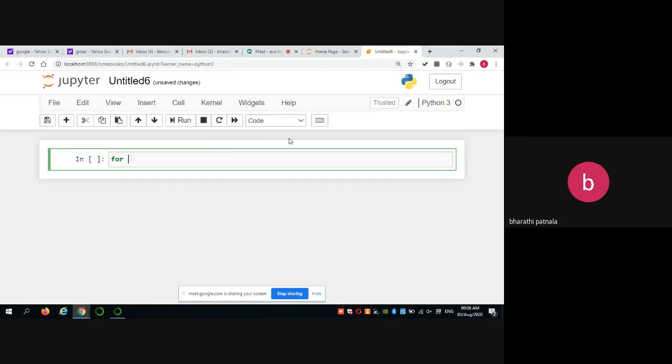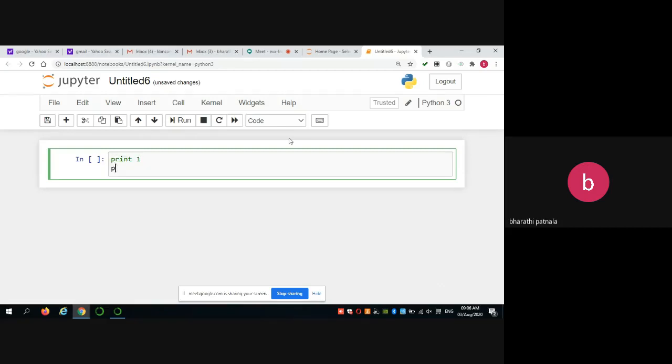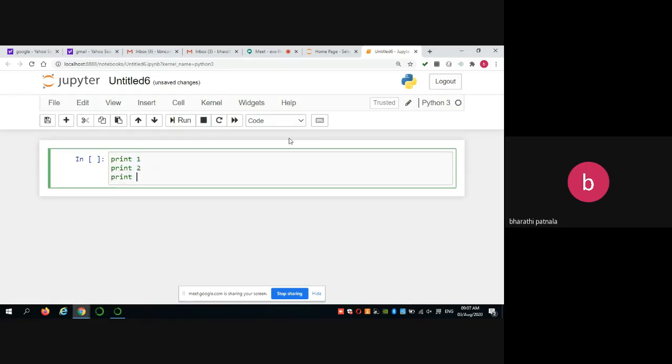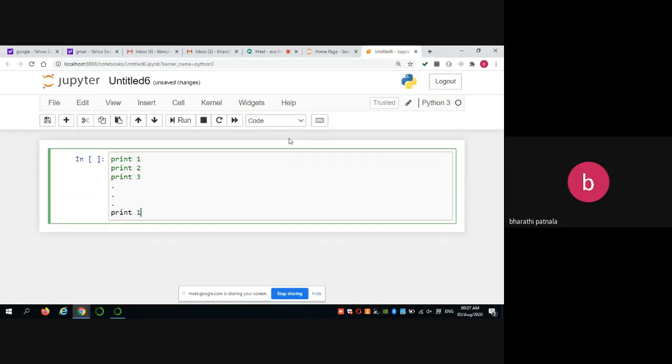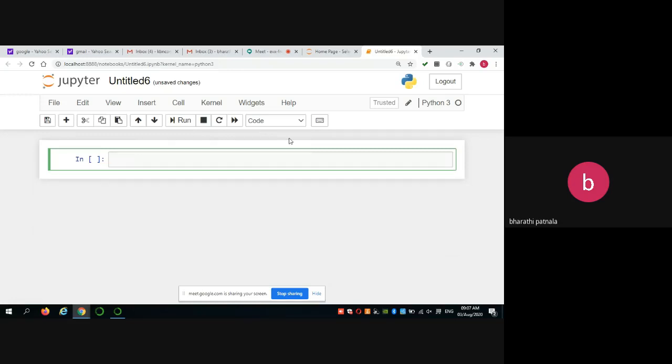At that time, we used for loop because we know how many number of times we have to print: print 1, print 2, print 3. Like that, we have to print up to 10 numbers. So if you want to print natural numbers, the print statement will be executed for 10 times. So you know the block of statements will be executed for a known number of times. For this, you have to use for loop.